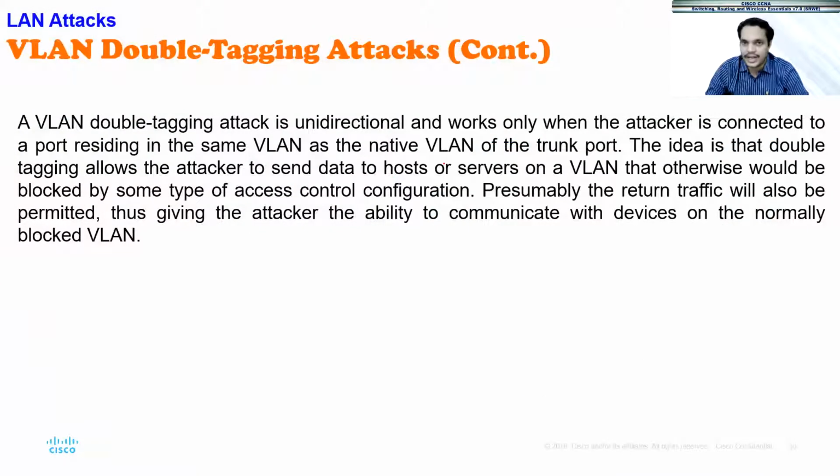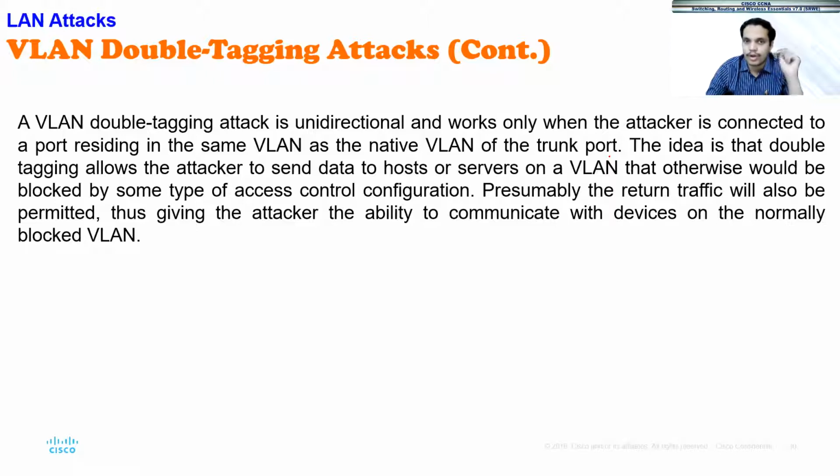So it is unidirectional and works only when the attacker is connected to a port residing in the same VLAN as the native VLAN of the trunk port. As I told you, the first tag should match the native VLAN. The idea is that the double tagging allows the attacker to send data to hosts or servers on a VLAN